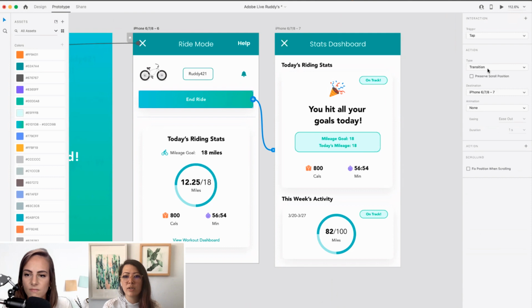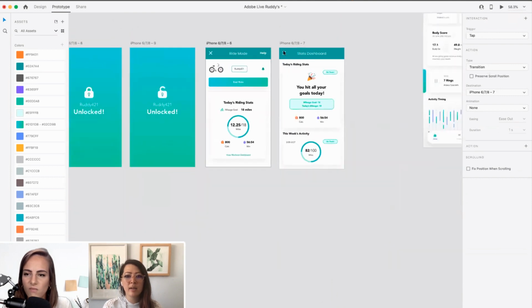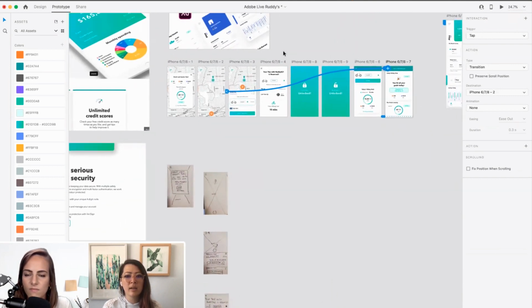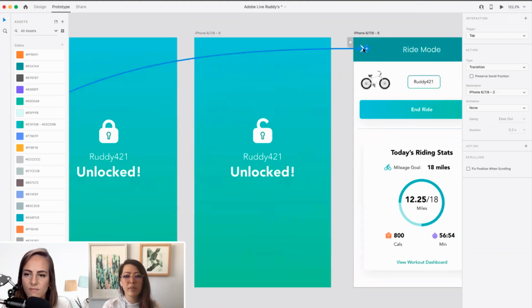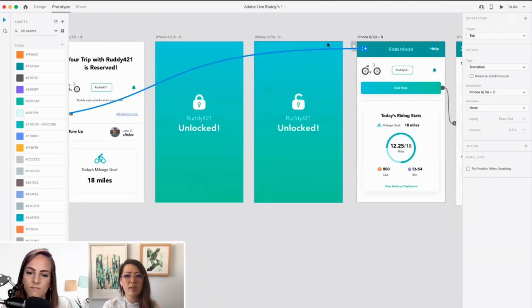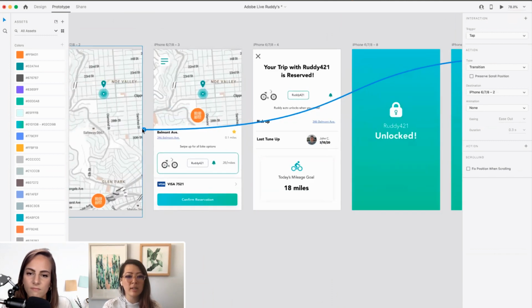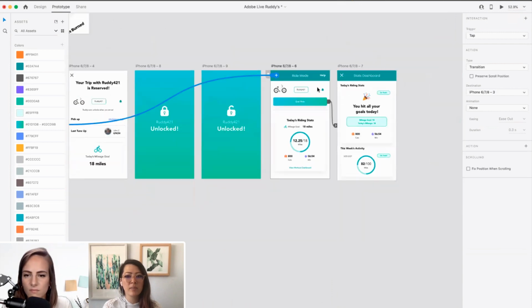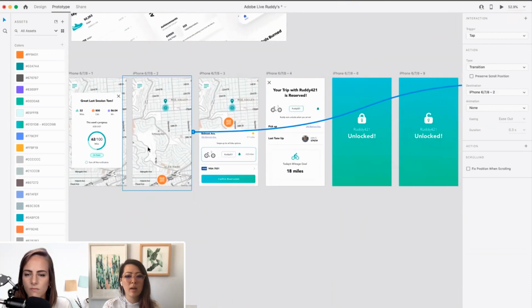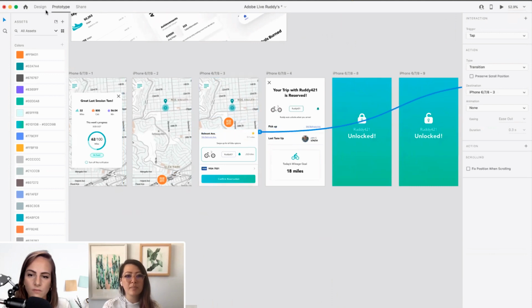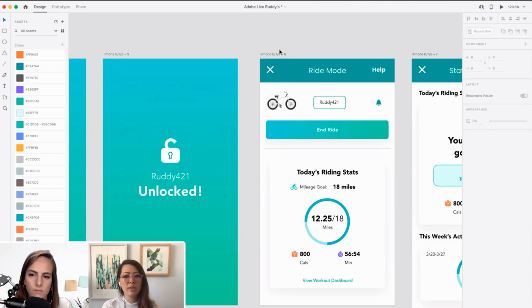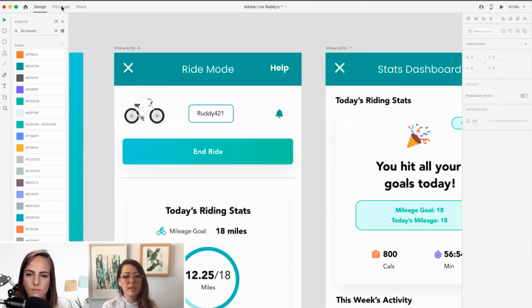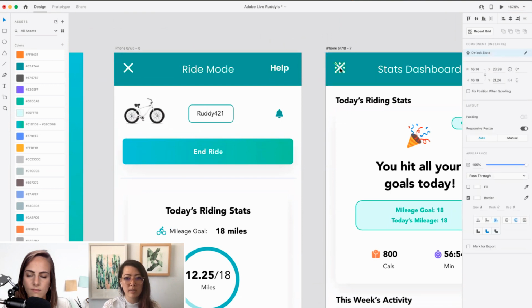Yeah, I don't think we need any transition really. This is fine. Again, oh, this is a quick tip. You see how the X automatically already knew it was going to this screen. If you're prototyping, and this is going to be the same action from this screen to this screen, what you can do is, I'm going to exit out of it. Actually, first I'm going to delete this to show you the example.